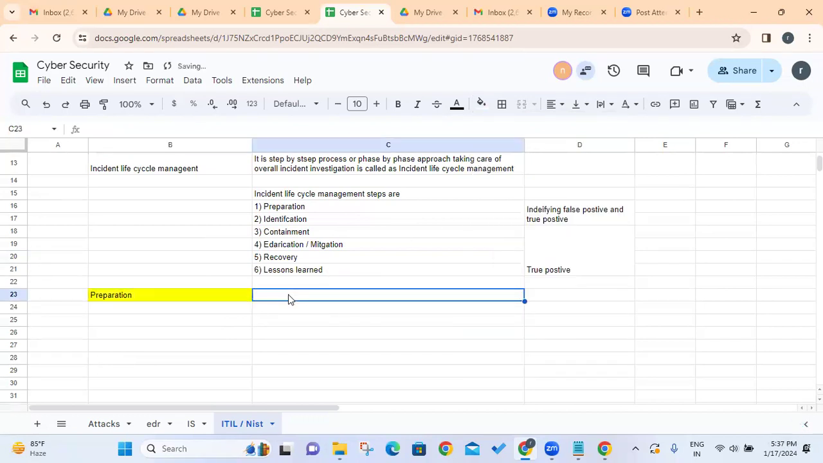What we have to take care of in the preparation phase: whether all the employees are trained or not, whoever is available in the team. Next, whether all the documents exist, all the processes are defined, all the SLAs are defined. All the documentation is prepared, all the tools are deployed and working fine. That is called the preparation phase. In the preparation phase, all the tools are implemented,